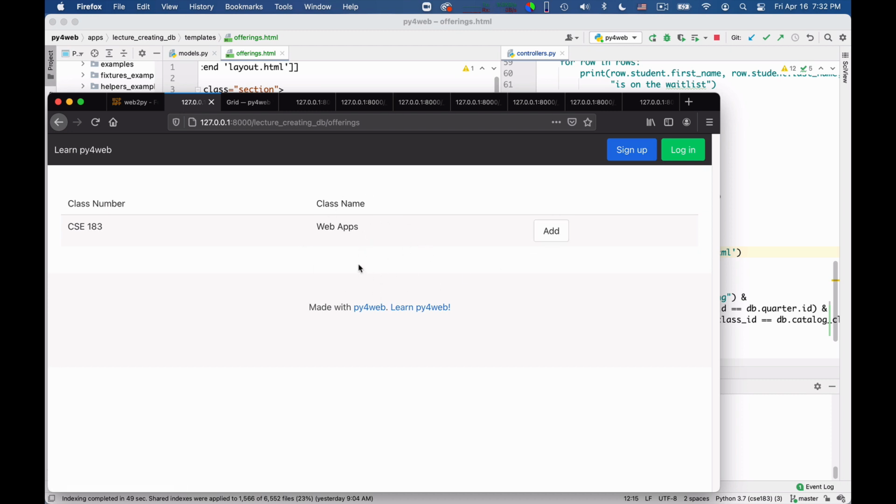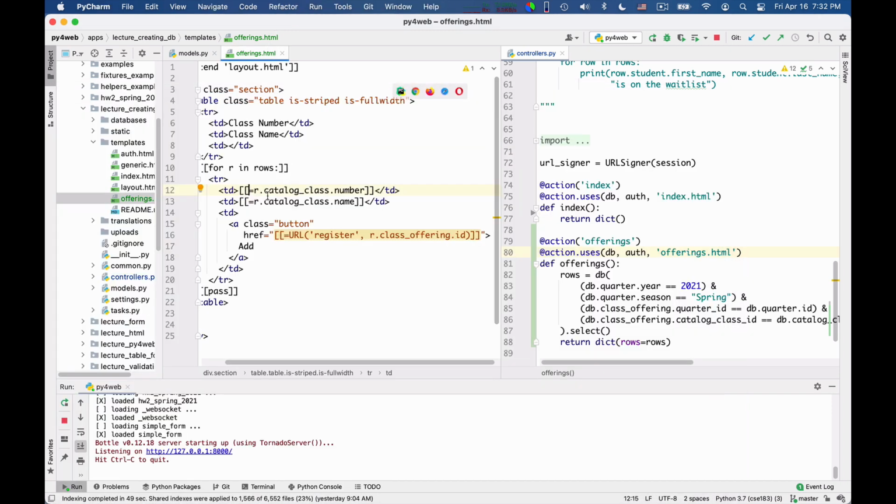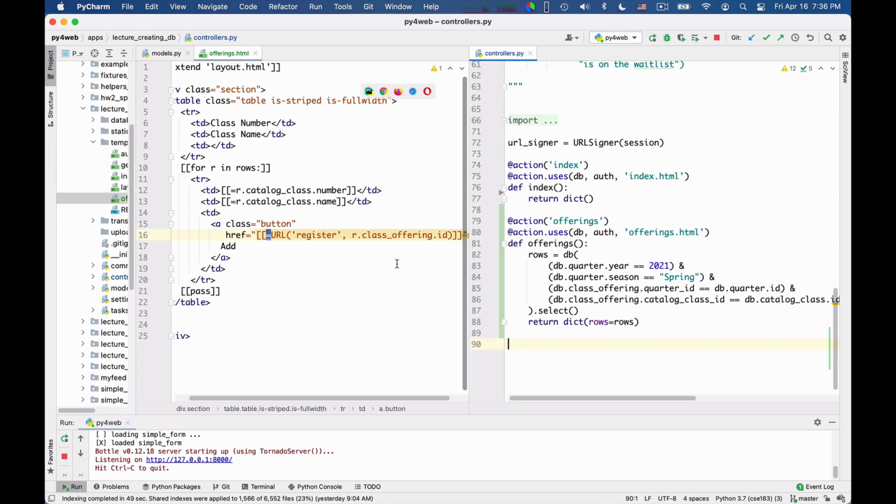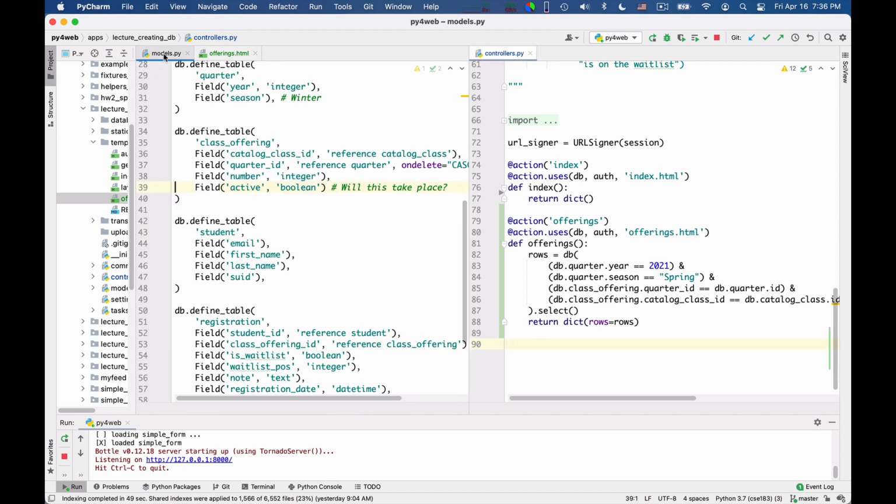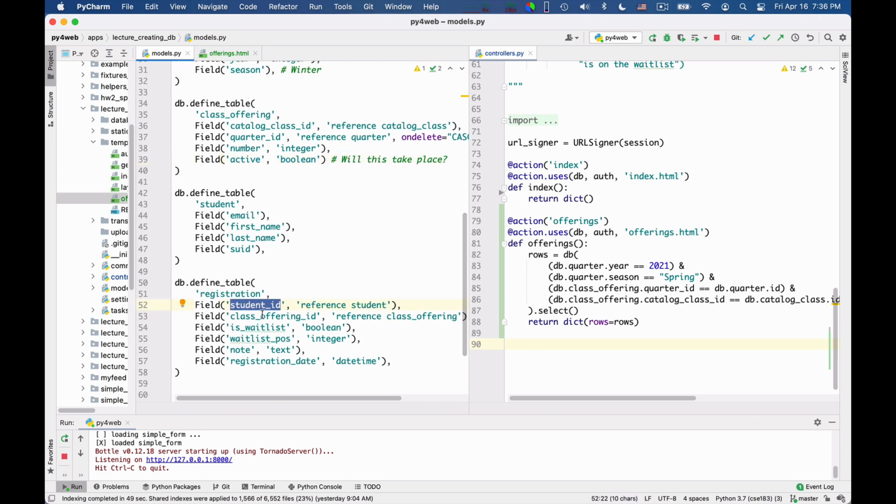So you have seen also a little bit of debugging. When the information you see on the screen looks garbled, don't lose your cool, just go back in the template and try to fix it. In this case, the errors were really quite simple. Okay, so let me now design the page in which you can register. To make the example slightly more interesting, here in the registration table, this is a student ID that registers for a particular class offering, and I added a note field in which the student can leave a message for the instructor, for instance. So let us design it.